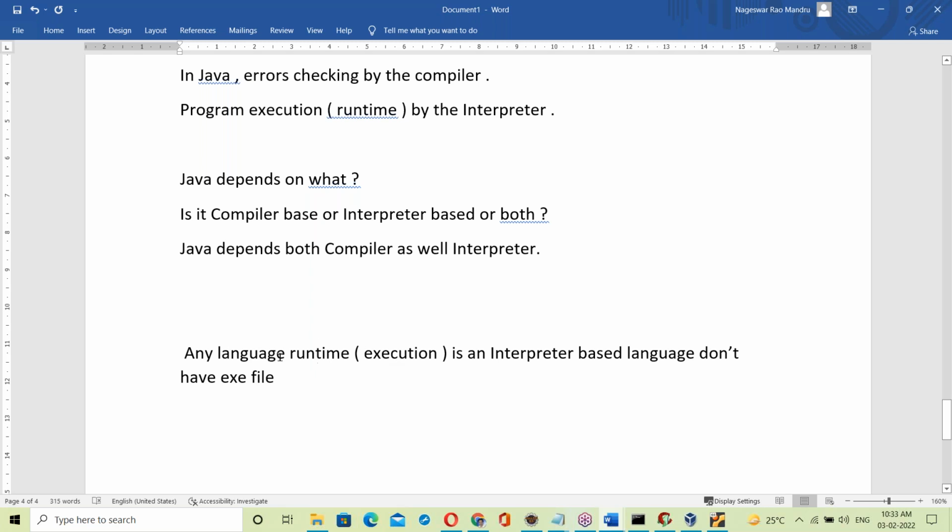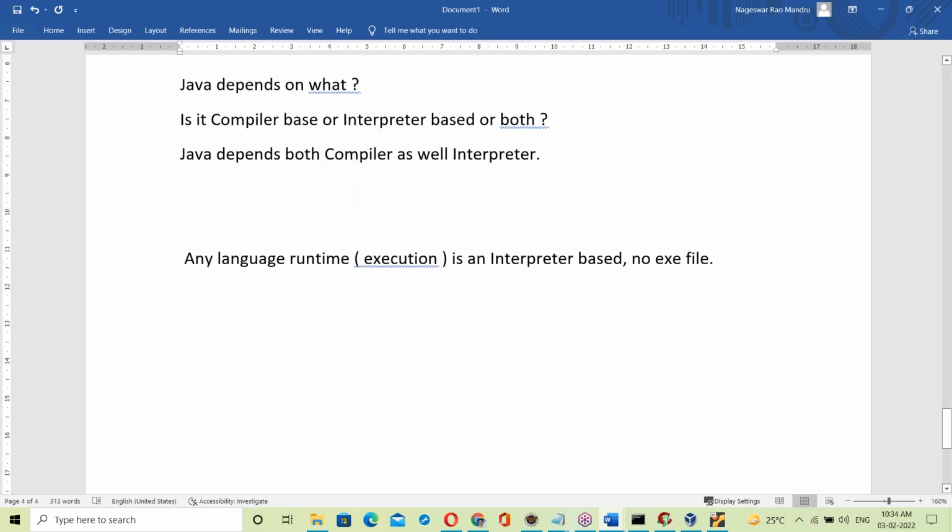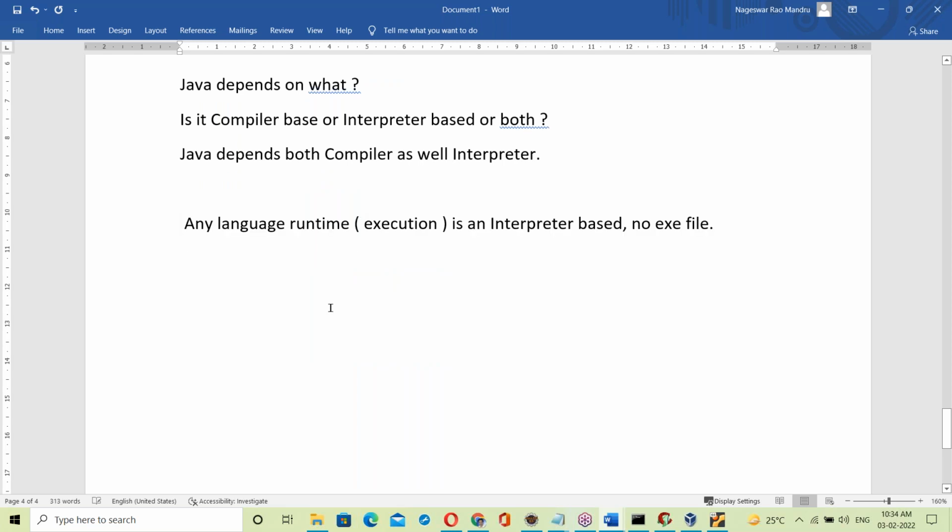Any language runtime is interpreter based. No exe file concept, no executable file here.